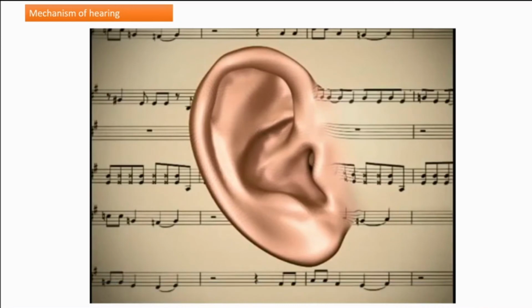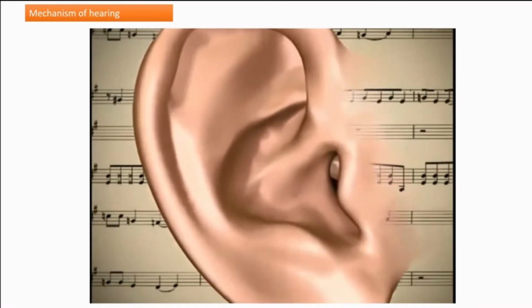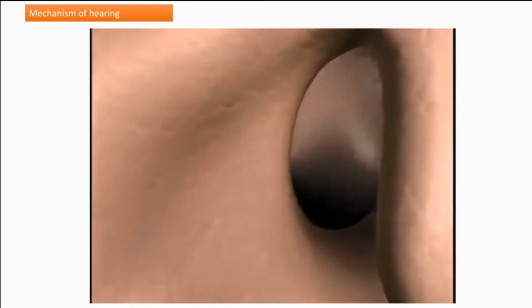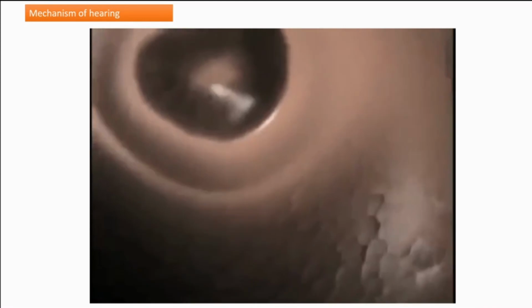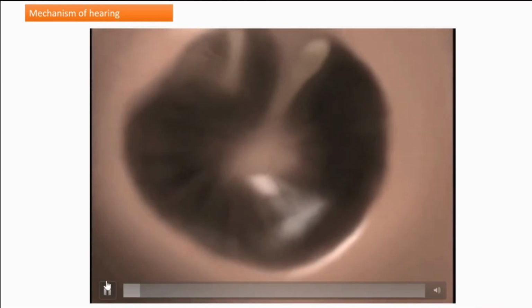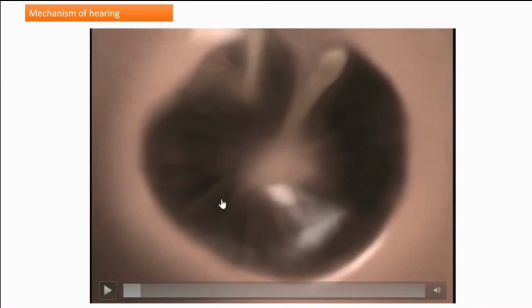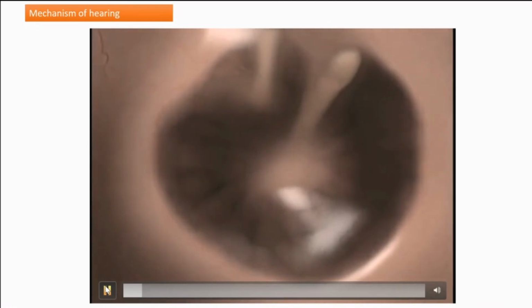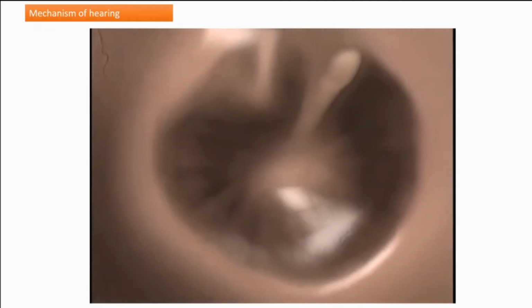The sense of hearing is accomplished by a process known as auditory transduction. The ear converts sound waves in the air into electrical impulses, which can be interpreted by the brain. As sound enters the ear, it passes through the external auditory canal, where it meets the tympanic membrane. The sound waves are reaching up to the tympanic membrane that we can see here. The tympanic membrane then vibrates in response to the sound.